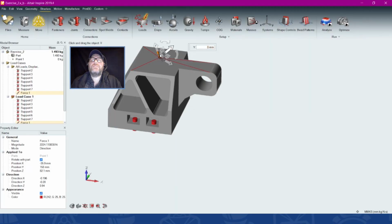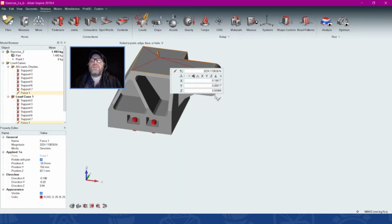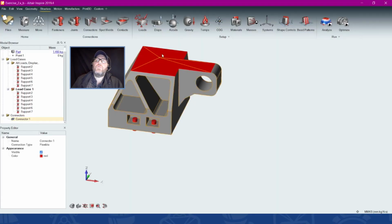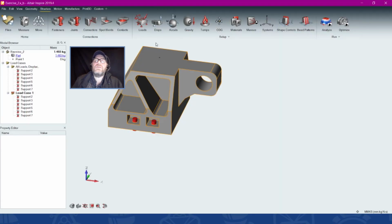Or I can get out of this, select that again. I can come in here and enter in the vector components of that, and then enter in the separate magnitude up here at the top. That applies again to a face, a point, or a line. What we're going to do is simulate